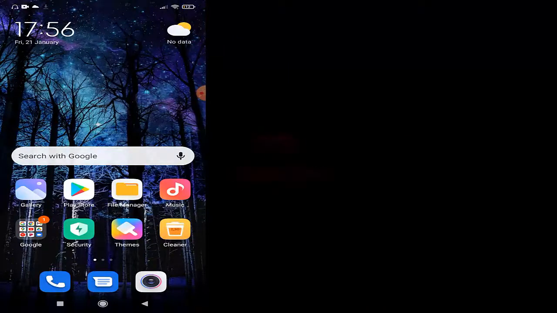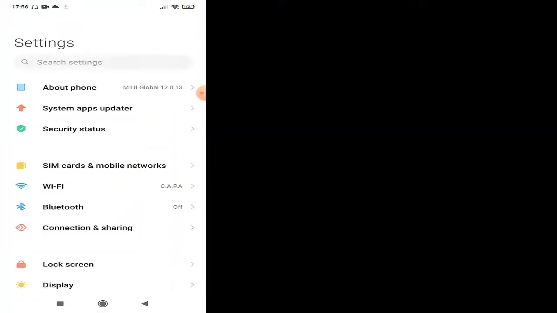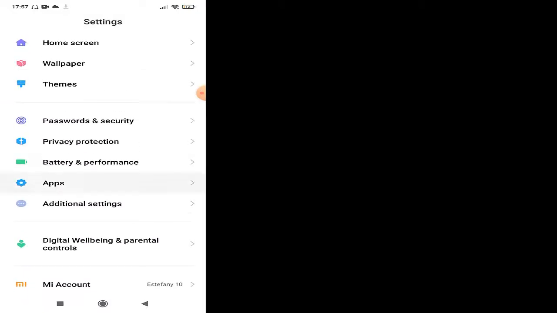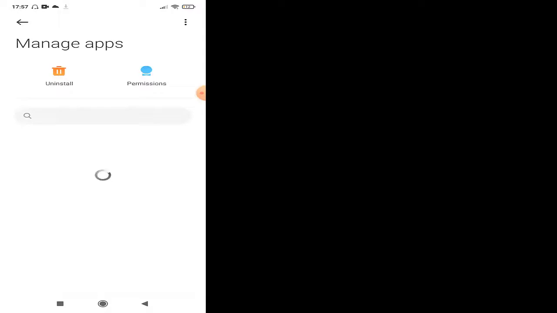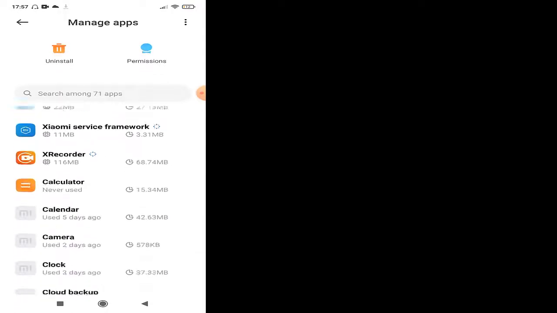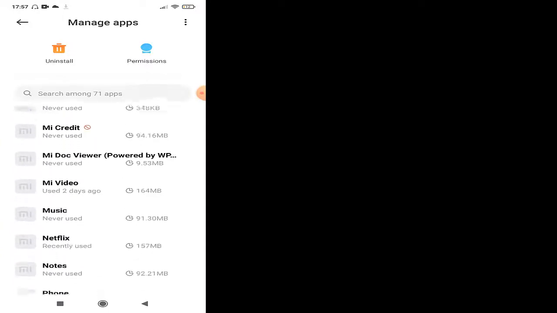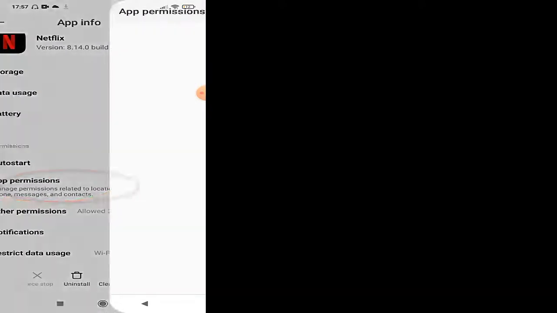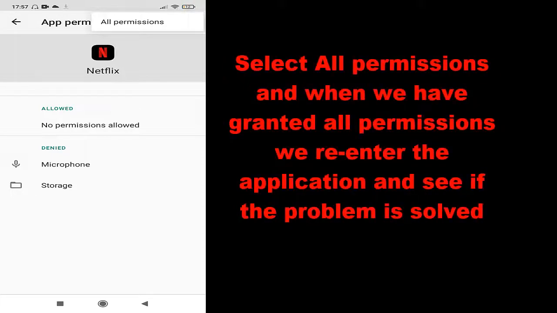Fifth solution. Let's go to Menu, click Settings, click on Applications, manage your apps, we go down, click on Netflix, click on Permissions, click here, click on All Permissions,